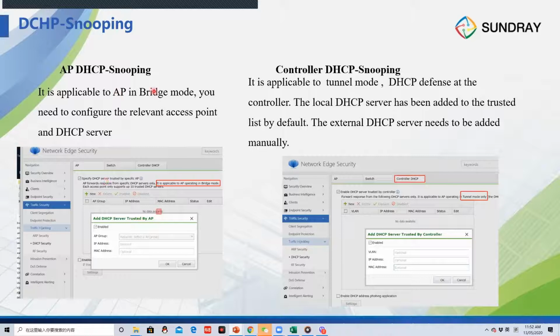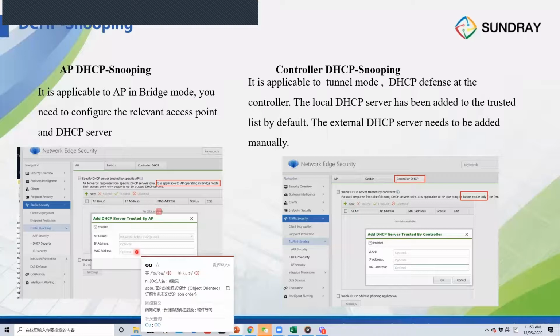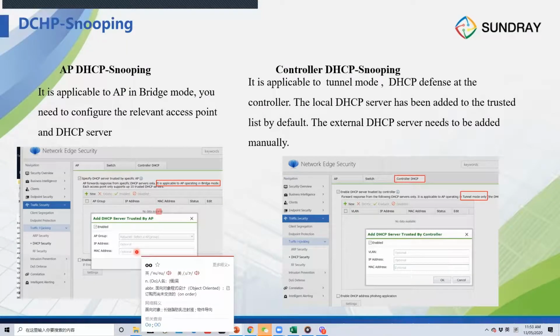This configuration is for the bridge mode. You go into the track security, traffic hijacking. Here you choose the DHCP security. In the DHCP security, you choose the AP and then specify the DHCP server trusted by specific APs. So you choose the AP group, then you choose the APs, and then you input the IP address for these APs. The IP address here is the IP address of the DHCP server. That means for those APs, only the DHCP server in this table can give the IP address